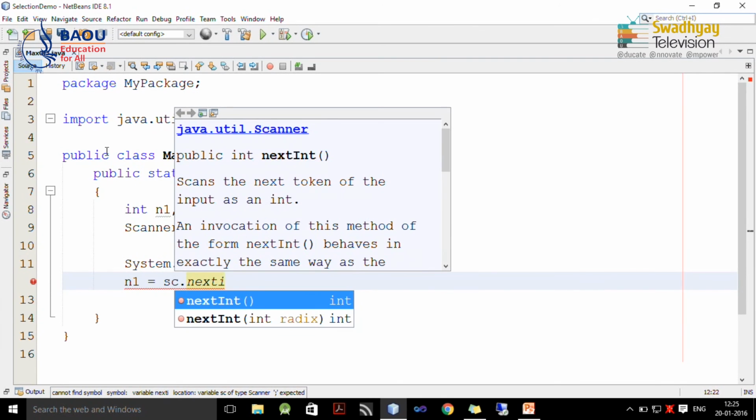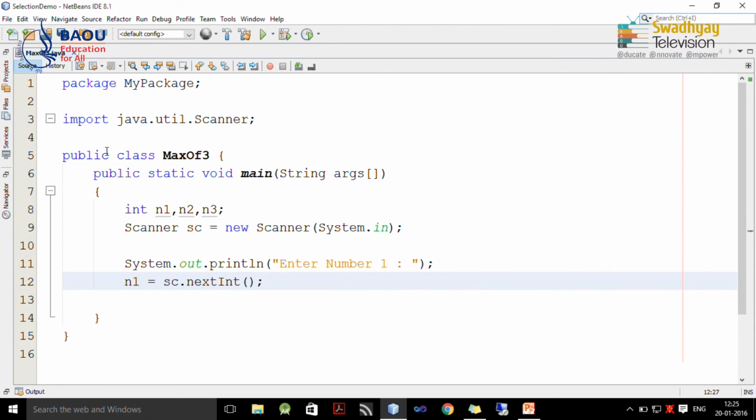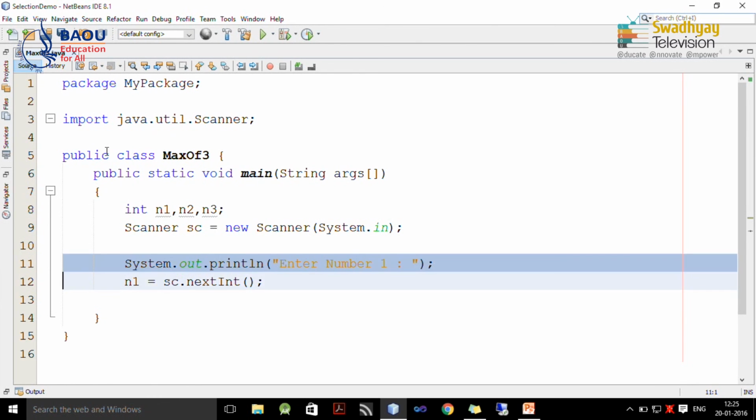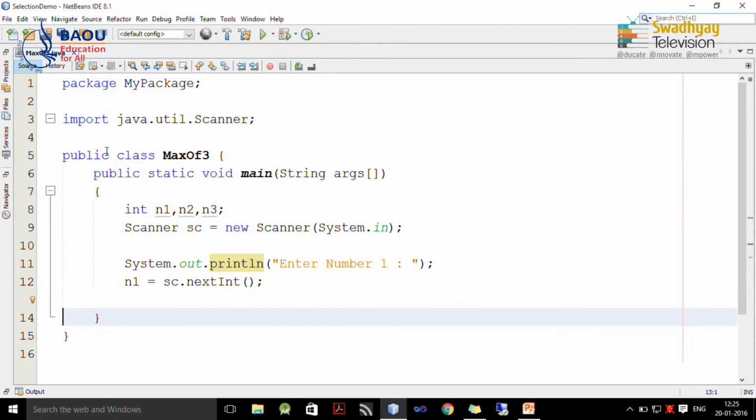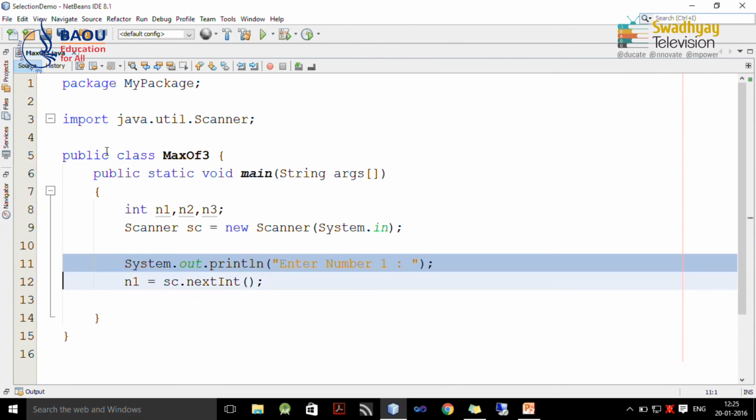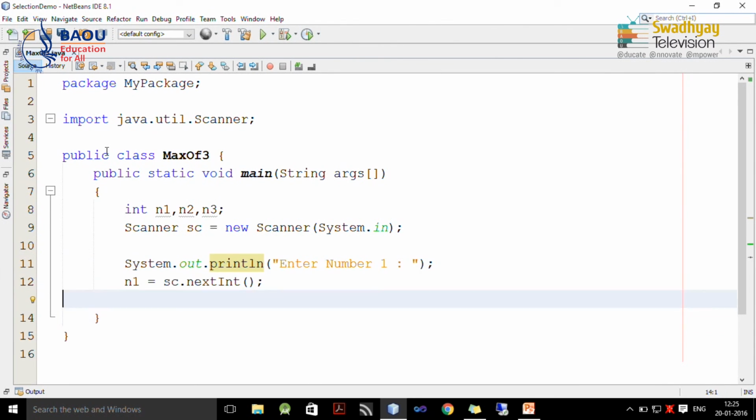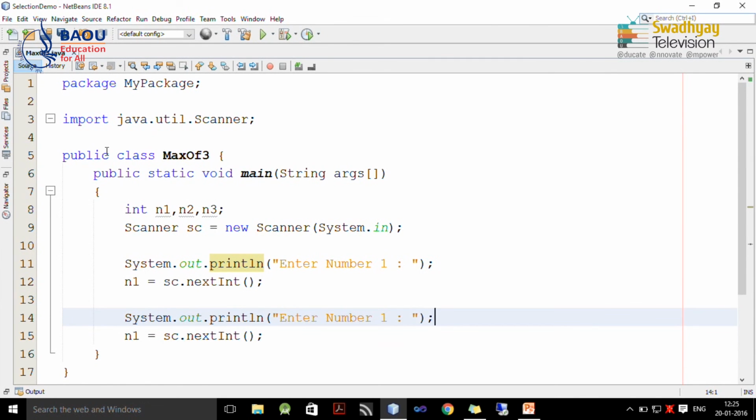We already discussed this method. This method will read data entered by the user and convert it into an integer. Similarly, we can read the other two numbers. You can copy this code by Control C and paste it by Control V and just change this caption to number 2. Here we write n2.